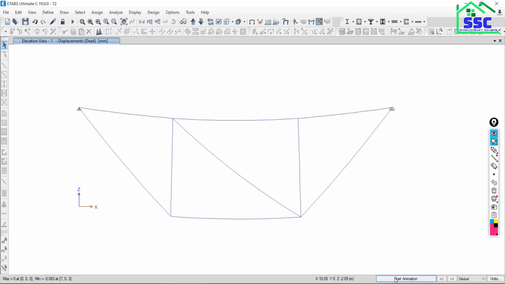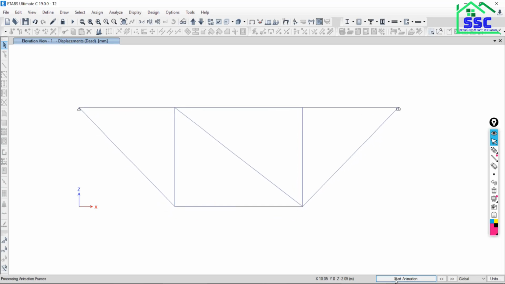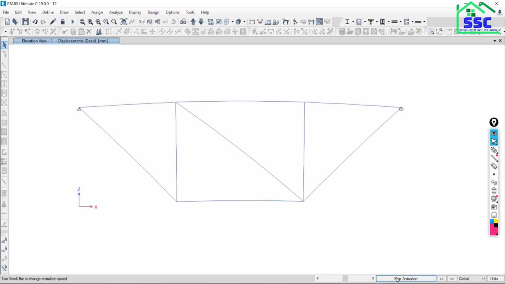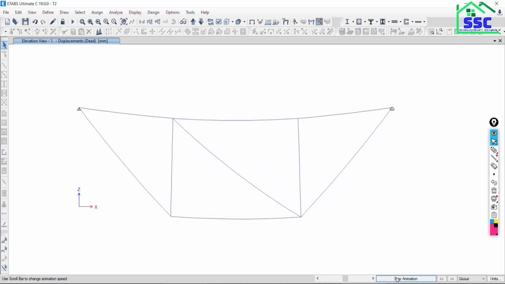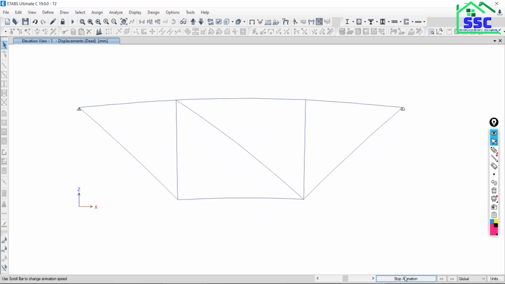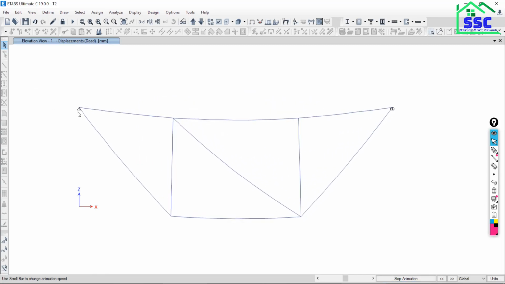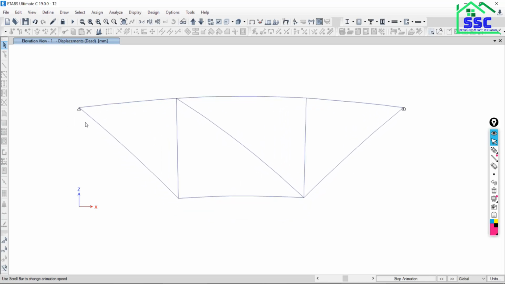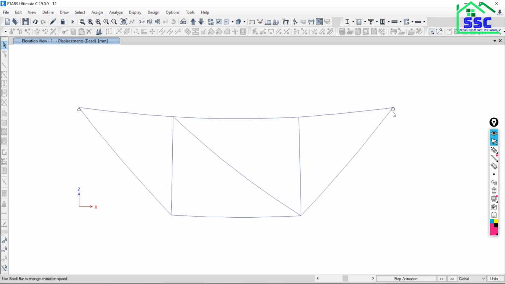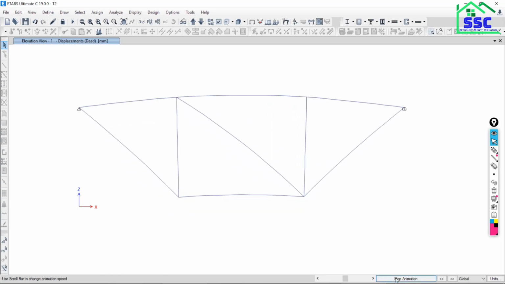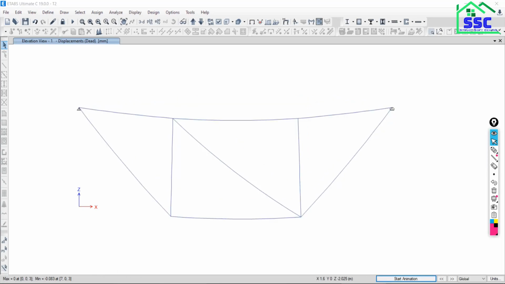It will take some time and will give the deformed shape of the structure. As you all know, by clicking on start animation, you can see the animation of the deformed structure. Is it okay? Just say stop. As the left end is the hinge restraint support, there is no movement, and on the right side is the roller support, that's why there is a movement. Actually there is a translational movement. Say stop.